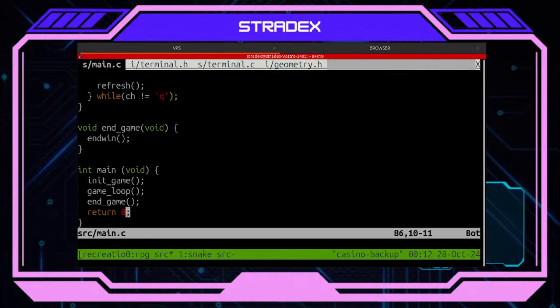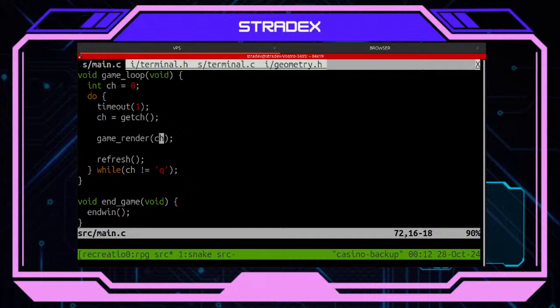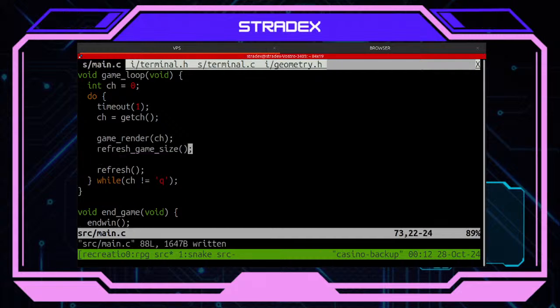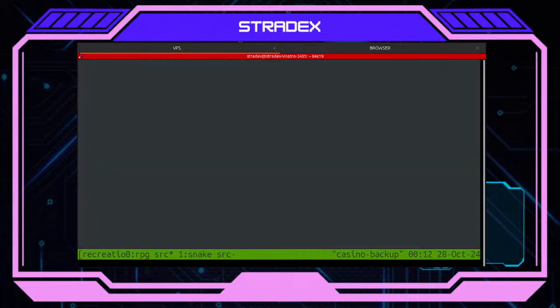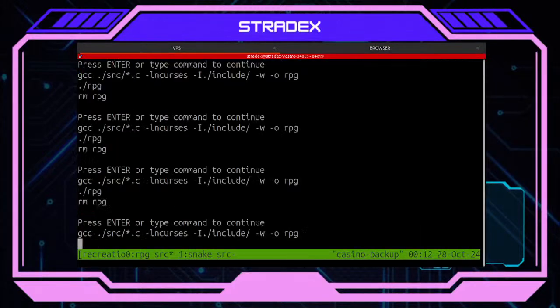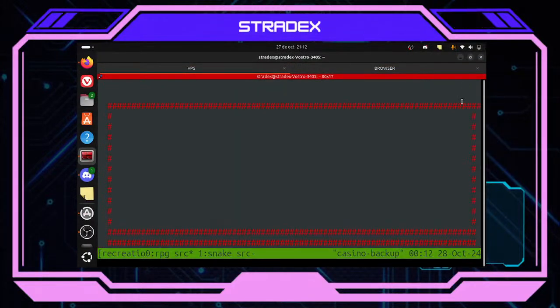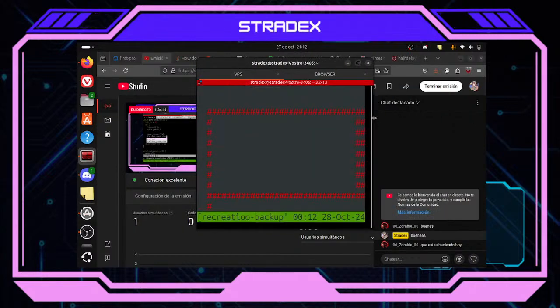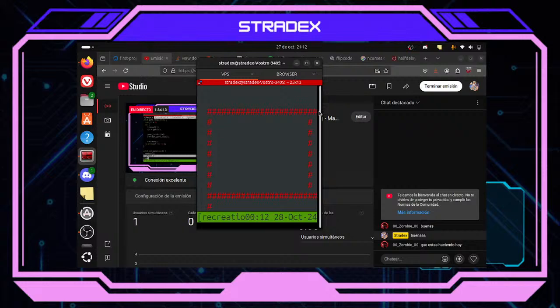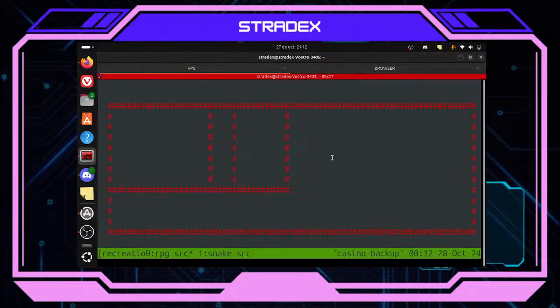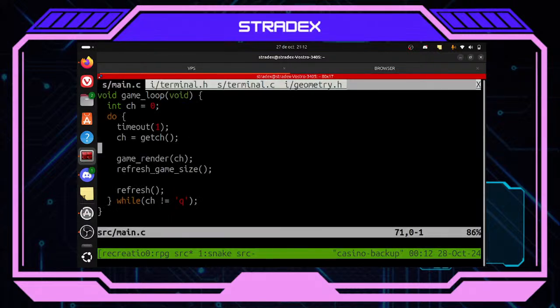And then I always want to call before the game or after the game running actually the refresh game size. So thanks to this, if I go like this, probably it will adapt. Yes, you can see it does adapt, but it's not creating all the versions of the screen, which is unfortunate.